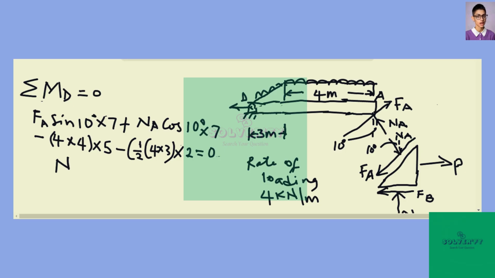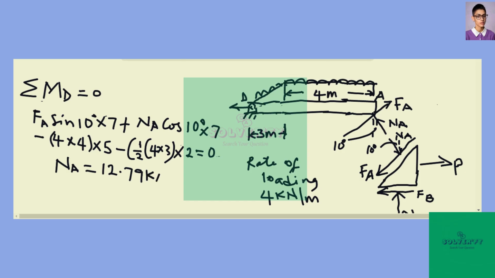Of course, FA is the same as mu NA, so your FA is mu NA. You just have to substitute the values given there for mu, which is the coefficient of friction. So your NA is going to be equal to 12.79